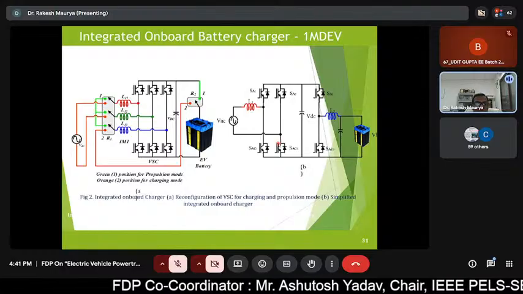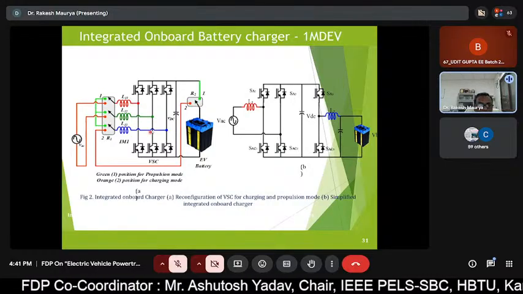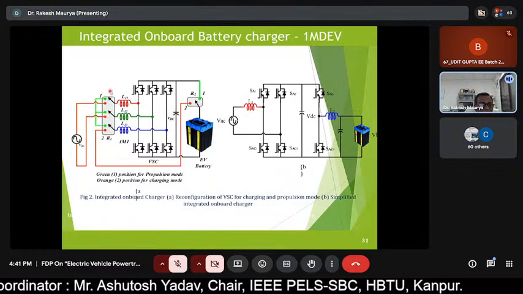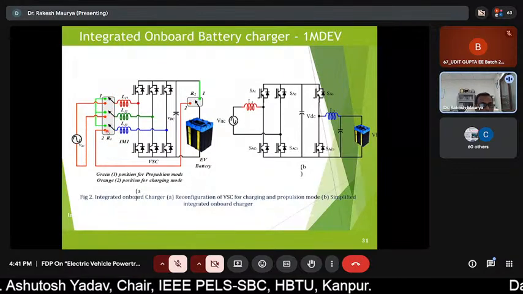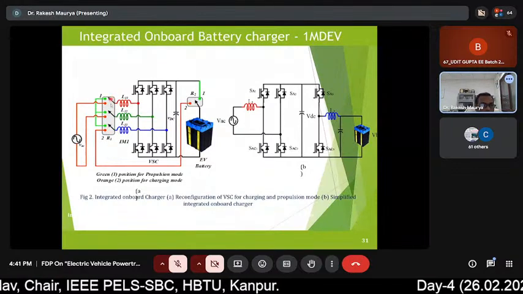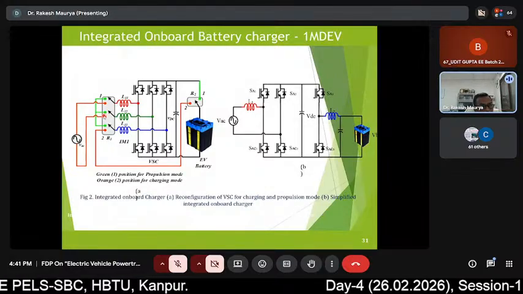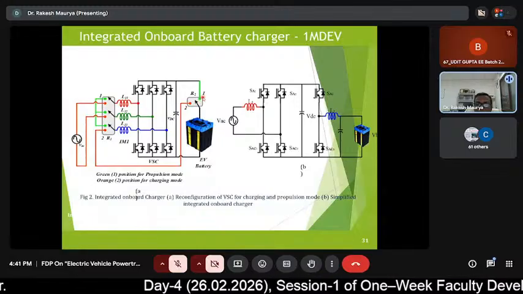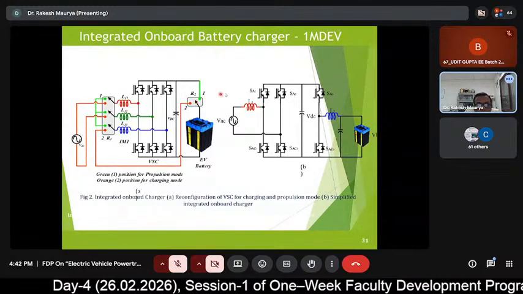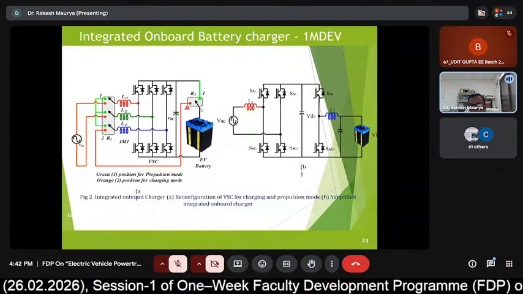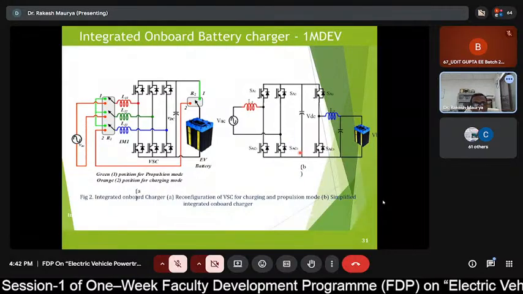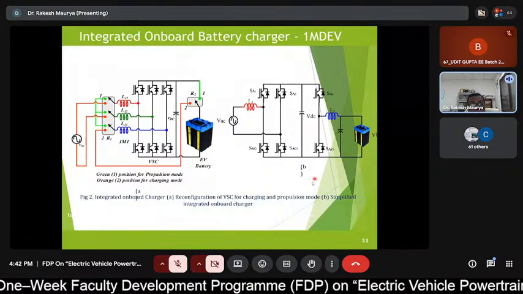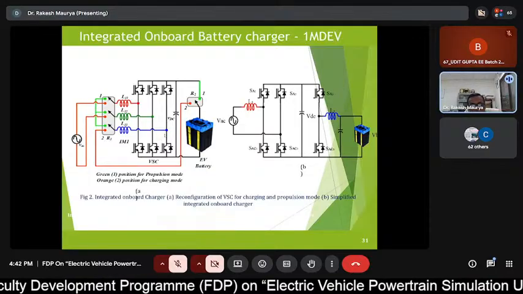So just to incorporate one relay arrangement, two relays: relay 1 for this 3-pole concept, means it is a 3-pole double throw, and relay 2 for one single pole double throw. So by these two arrangements, you can build in this integrated charging in the two-wheeler, and the same can be done